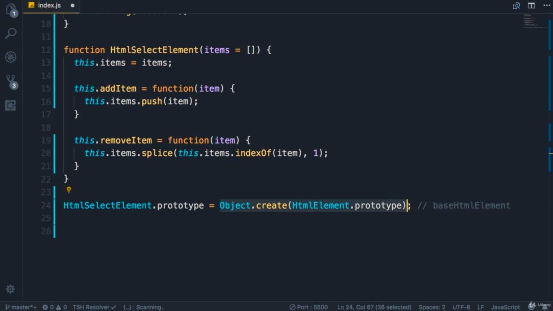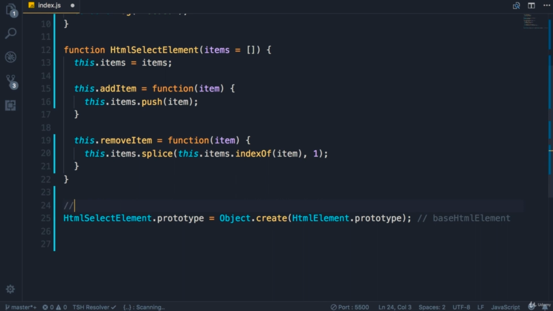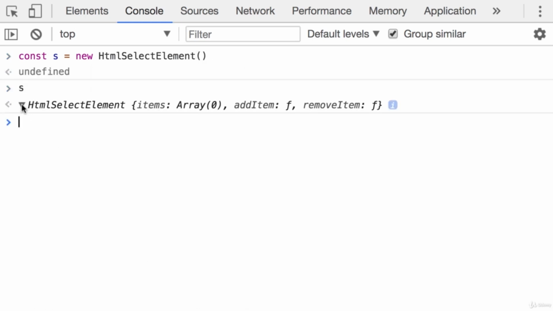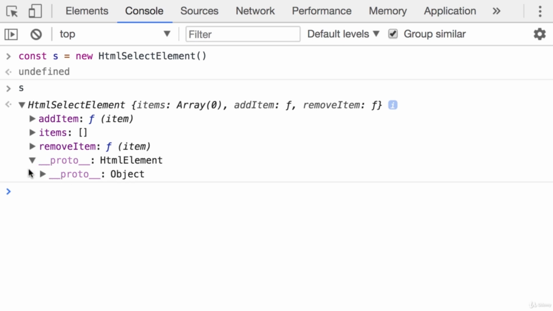Now we can call this object that is returned here base HTML select element. So when we create an instance of HTML select element, its prototype will be base HTML select element, which is an empty object that is linked to base HTML element as its prototype. Let's have a look at this on the console. So I'm going to create an HTML select element. Let's inspect this. So here's the prototype. This is an empty object. This is an empty object that is returned from